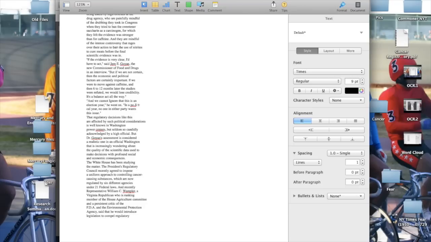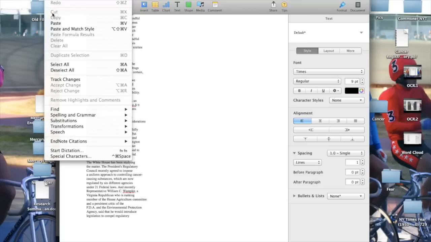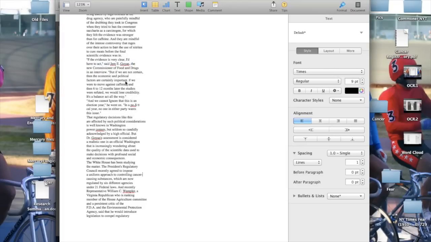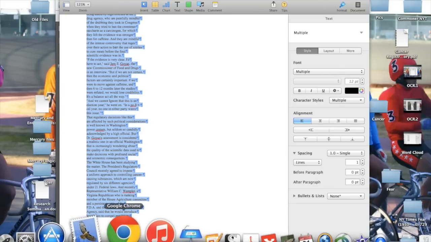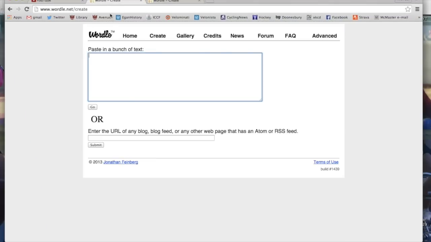The next step again, and I appreciate that we're doing the same thing over and over again here. I'm going to select all the text again, and this can take a second because it is a lot of text. And it doesn't matter what it looks like. It's not wildly readable, but you and I aren't trying to read it. We're going to get some software to do that for us. So I've selected all of it. I'm going to copy all of it, and then I'm going to go to, I'm getting ahead of myself here,